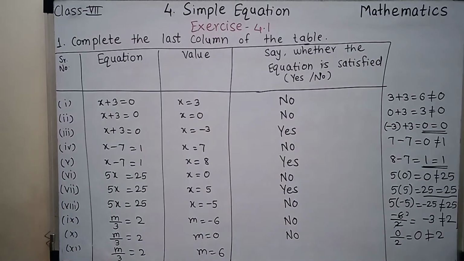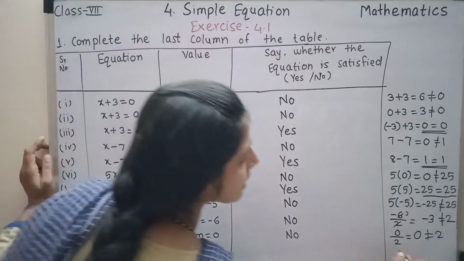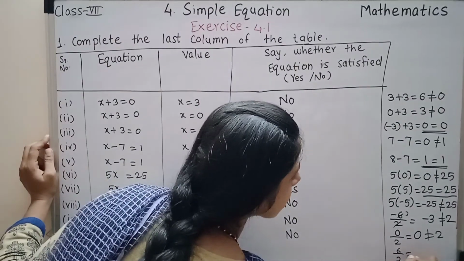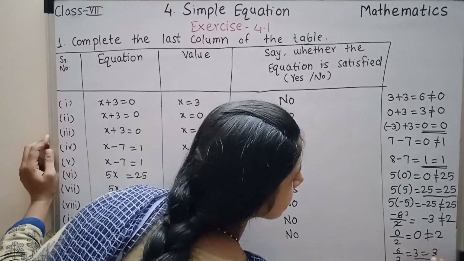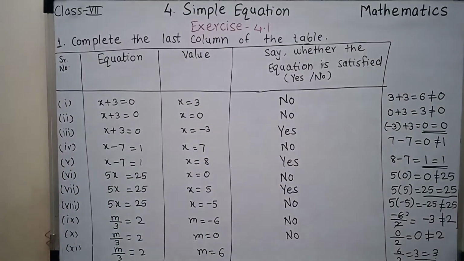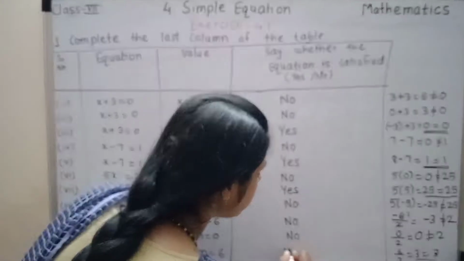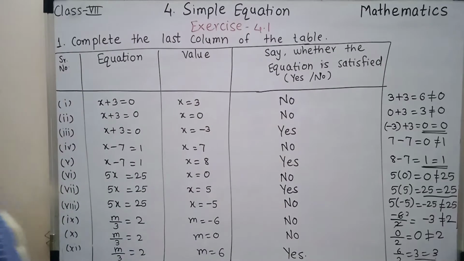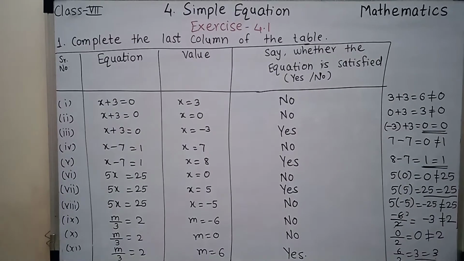Next is m divided by 3 equal to 2, m की वैल्यू हमें 6 लेनी है, so 6 divided by 2 कितना आता है आपका 3, और राइट हैंड साइड भी कितना दिया है आपको 3, so they are matching the values and therefore m equal to 6 are satisfying our equation, satisfy कर रहा है, so you should write yes. Okay, with this we have finished our question number 1. Okay, so just copy this or solve it by your own and check afterwards. Okay, now we will continue with the next question, that is the question number 2.